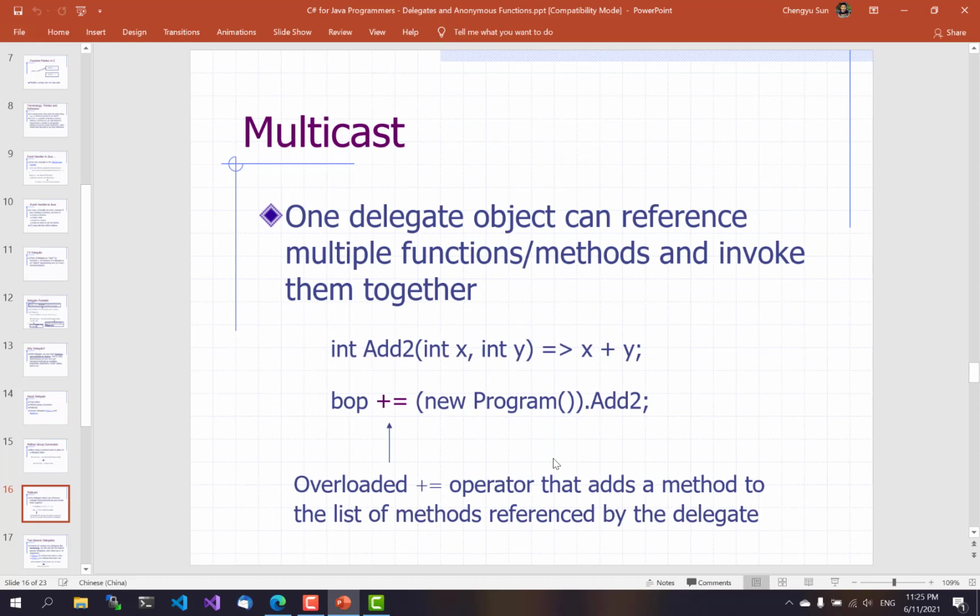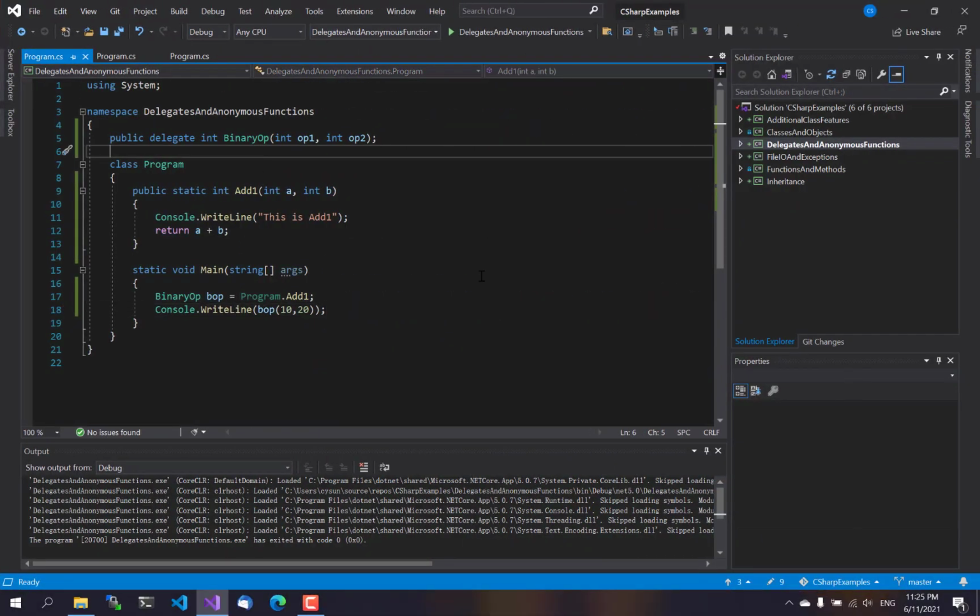Delegate multicast allows a delegate object to reference multiple functions and methods and invoke them together. This is useful because sometimes we want to register multiple event handlers to handle the same event. To make a delegate reference multiple methods, we use the overloaded plus equal operator. Let's see an example. Here we have a